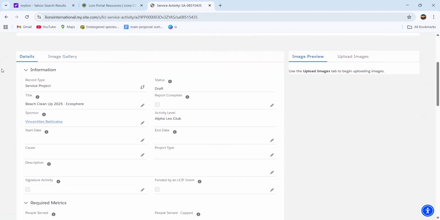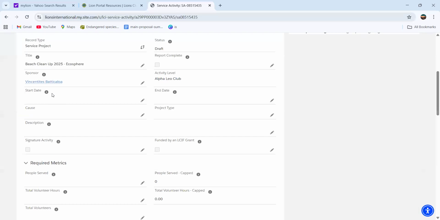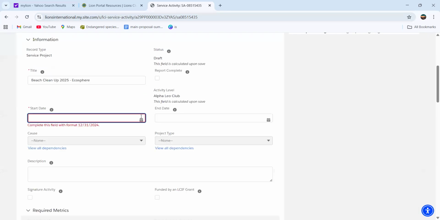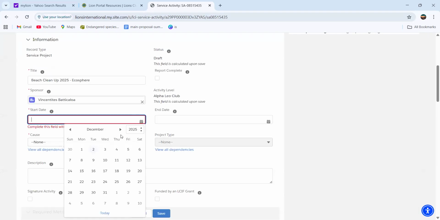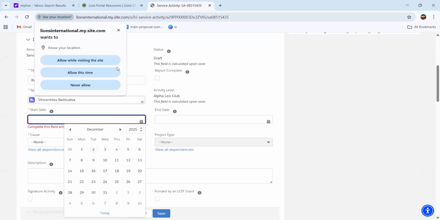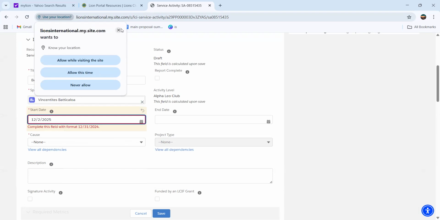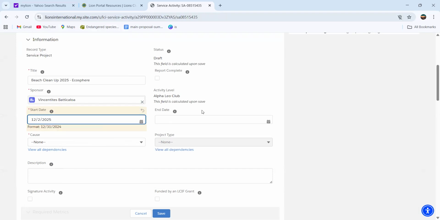So here in the information, you can see that this is a service project as we have selected the title and the club's name is available. Now, next you can see you have to add your start date. So let's say we can choose today's date, December 2nd. And next to that, you can see end date, which you can choose the same date if it's